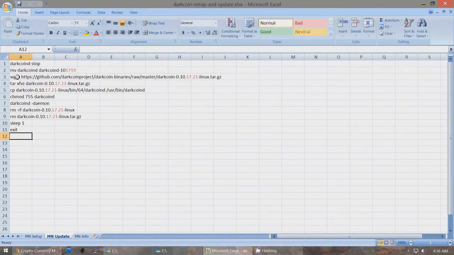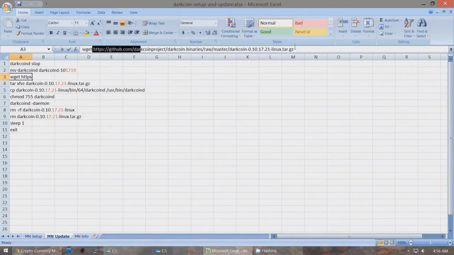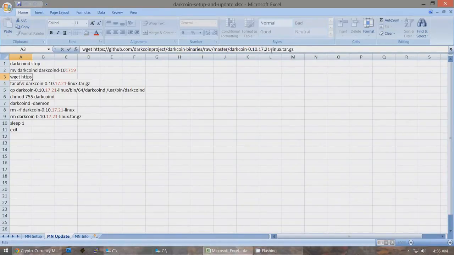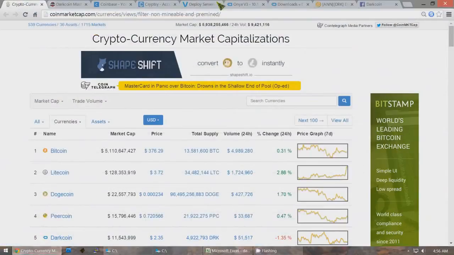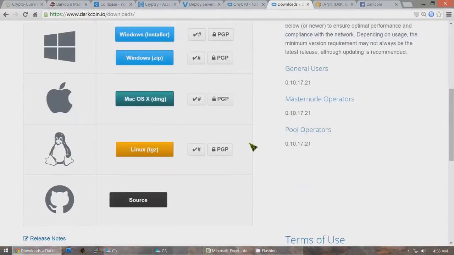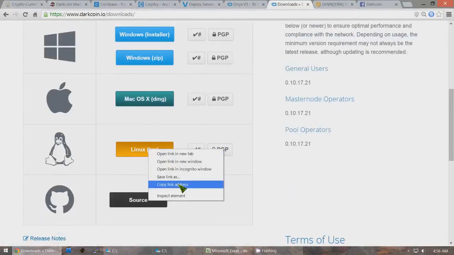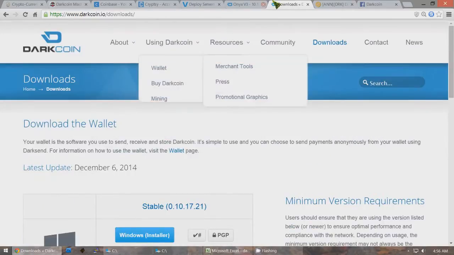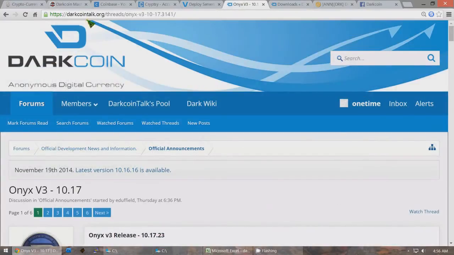First you should make sure that this address right here is correct for the official most recent version of the Linux Qt. You should check on darkcoin.io/downloads and go to the Linux Qt, right click on it and copy link address. That'll give you the correct address for the Linux Darkcoin Qt, or you can go to darkcointalk.org and check for